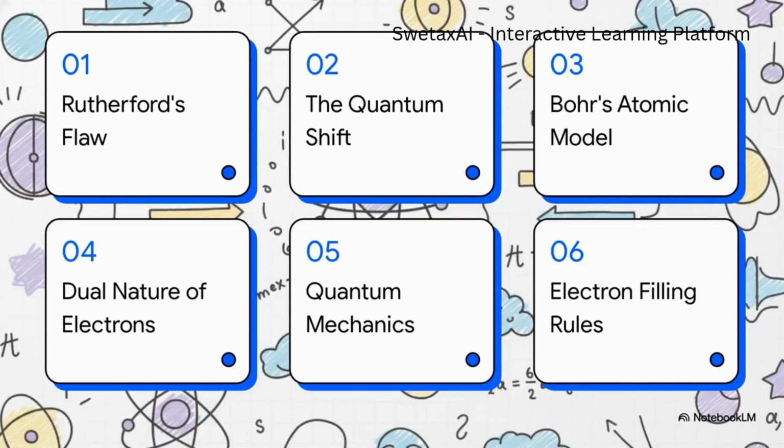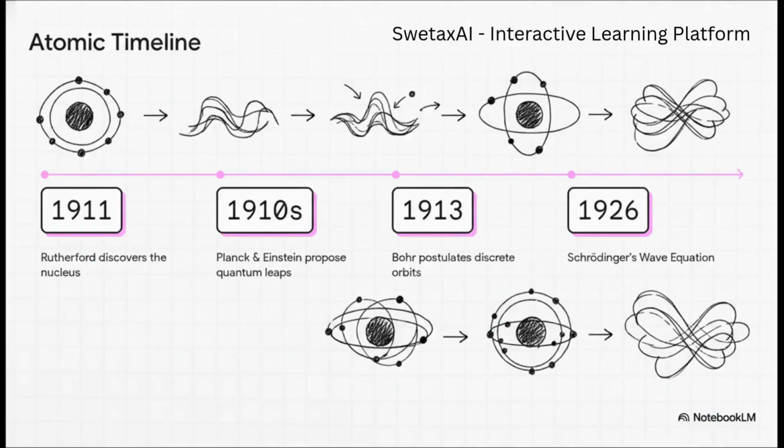Okay, so let's dive into this. Here's the game plan for today. We're going to start with Rutherford's flaw, move into the quantum shift, and hit Bohr's atomic model. Then we'll tackle the dual nature of electrons, the quantum mechanical model, and we'll wrap it all up with electron filling rules. You know, to make memorizing all these formulas way easier, you really just need to understand the story